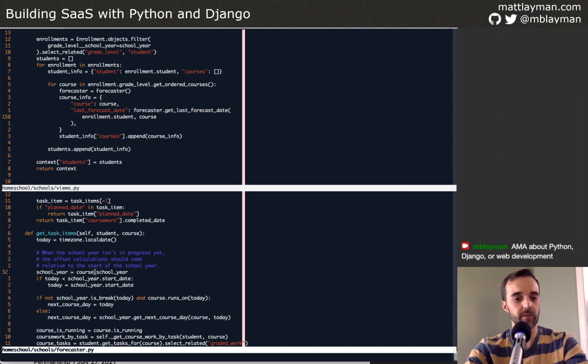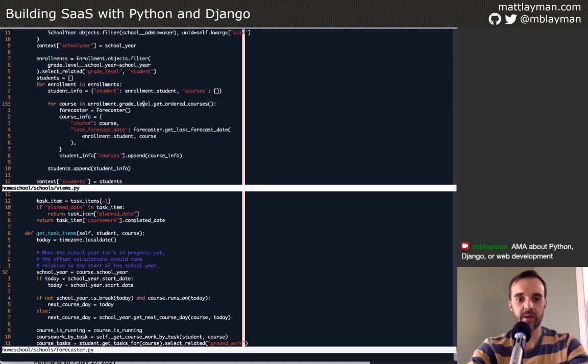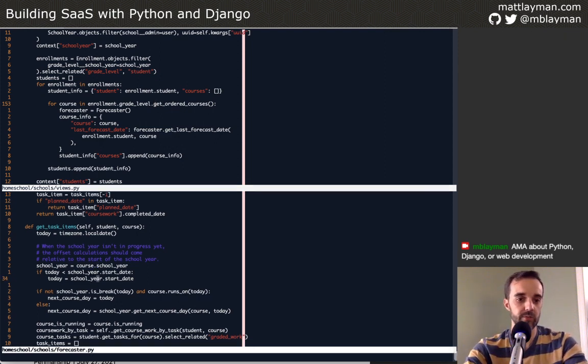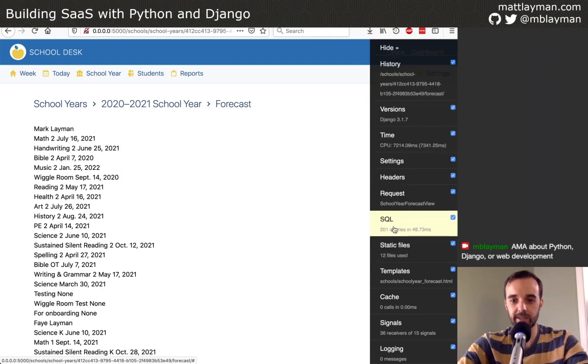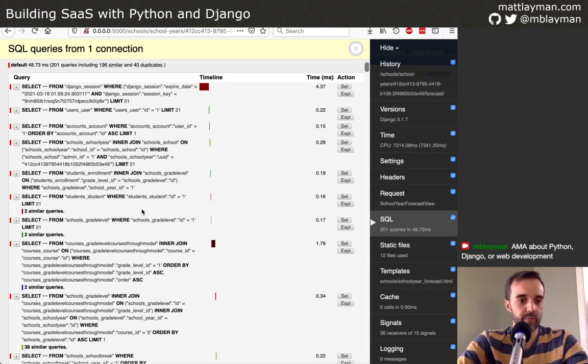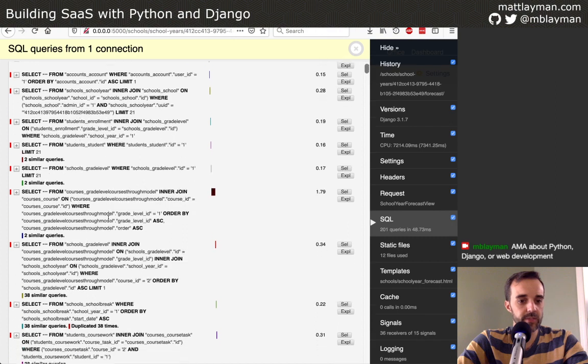So one area that this really breaks down in is this access right here on line 32. Every time we're doing a course, it's accessing the school year. But nothing about this get ordered courses said you need to go ahead and prefetch the school year. So there's one. And then once you access the school year and give it a date, this is break thing has to do another set of queries. We can probably see some of the evidence of this by looking at the debug toolbar. So it gets the courses, it gets the grade levels,